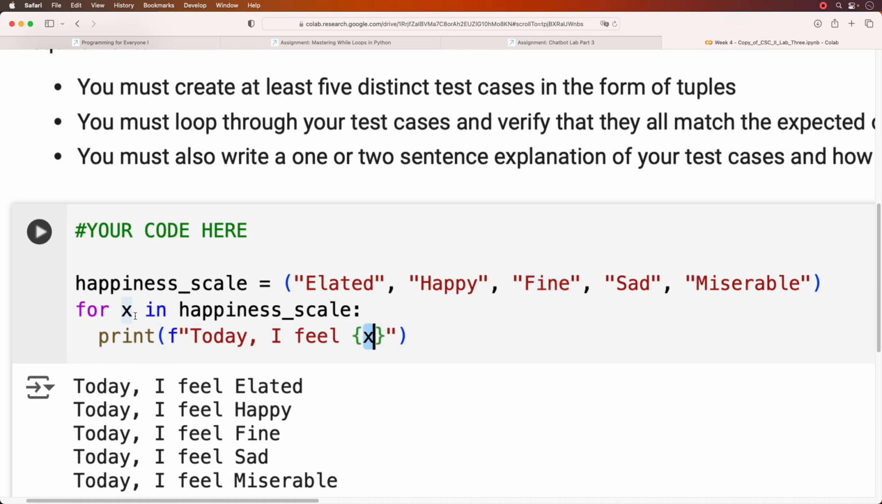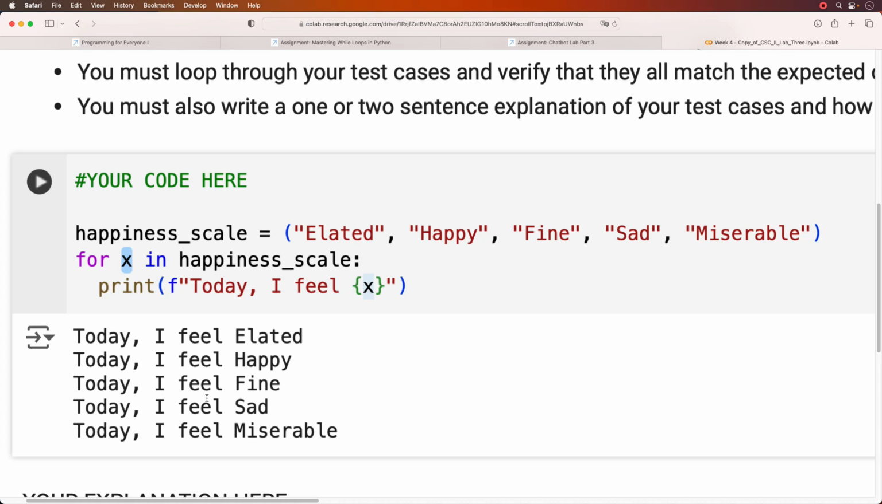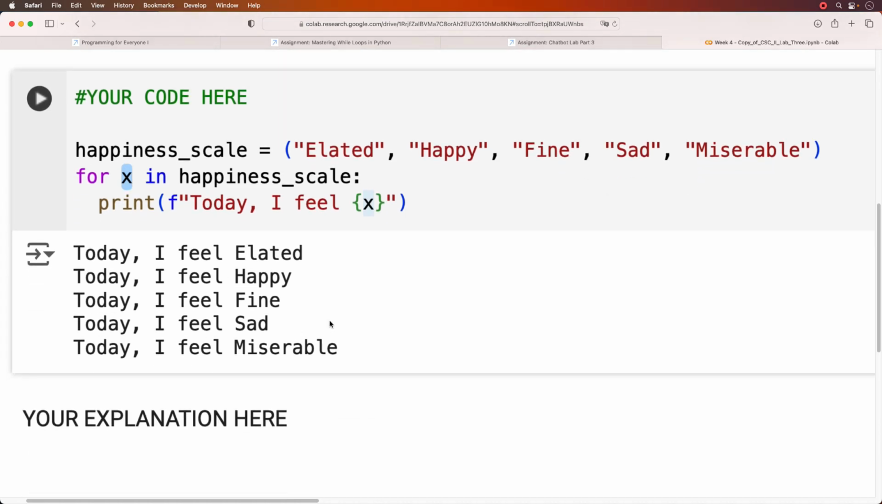Next iteration again, x is going to be sad. Then today I feel sad. Then iterate again. x is going to be miserable. And then today I feel miserable. Then it's going to go up here again. And since there are no more items after miserable, then the for loop is finished and we're done. And then every time it prints out, you see the result in this. So basically this is just how you test out that all the 5 results are iterating correctly,